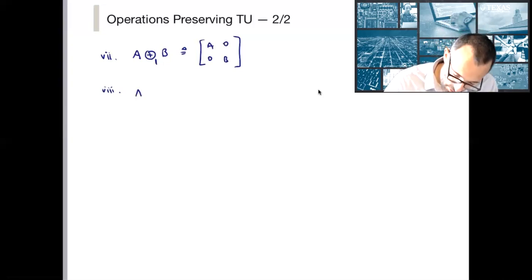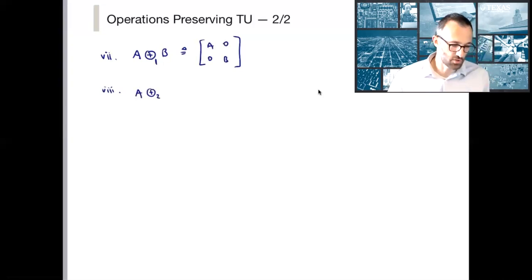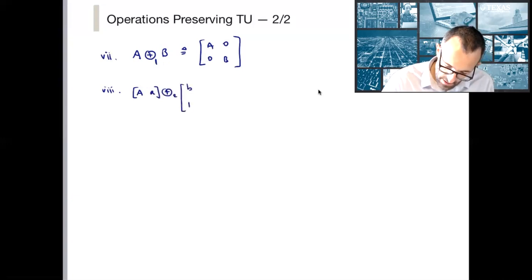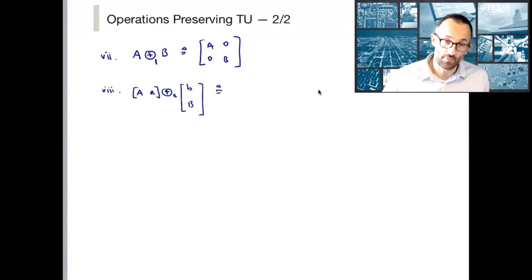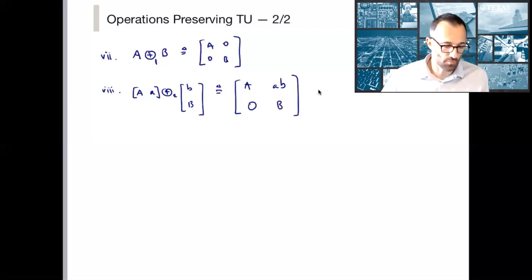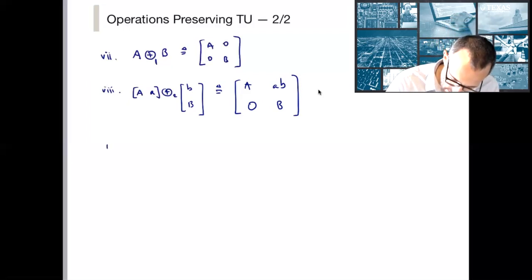Also, an operation from a matrix and a vector, I'll call this subscript 2 here, with A and A, subscript 2, B and B. I define this operation as giving me the matrix A, AB, 0, B, where A and B are vectors, appropriately either row or column vectors. And property 9,